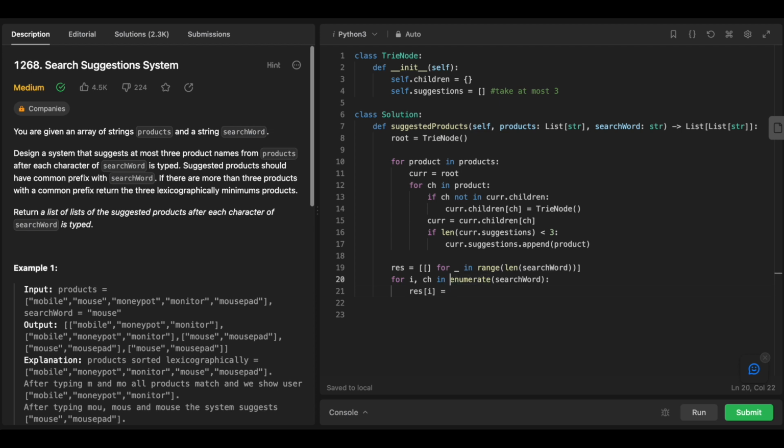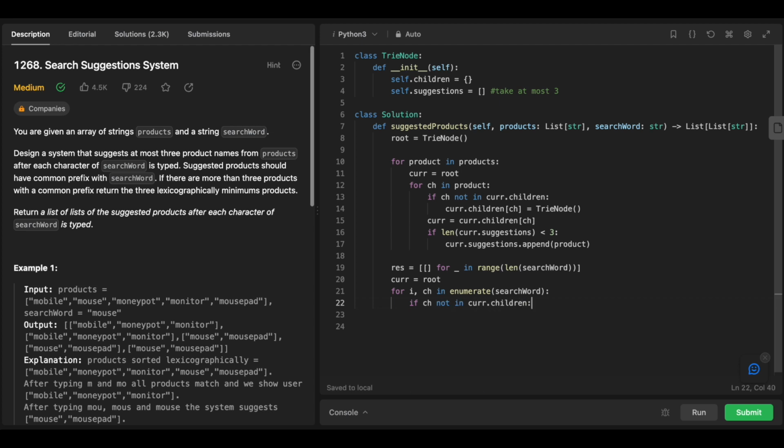So I think we would need to start at the root. Okay, so let's have a pointer to the root. Okay, and then if char is not in